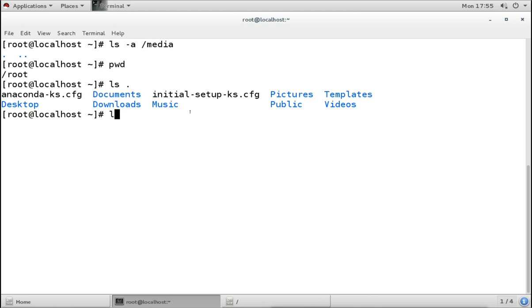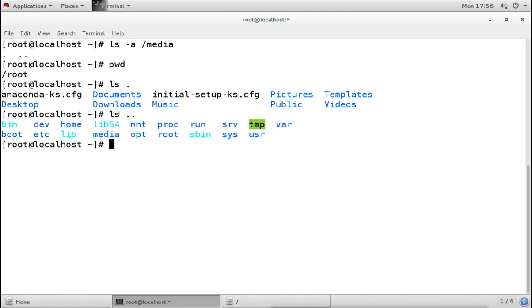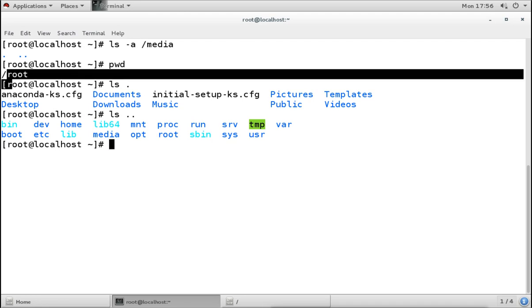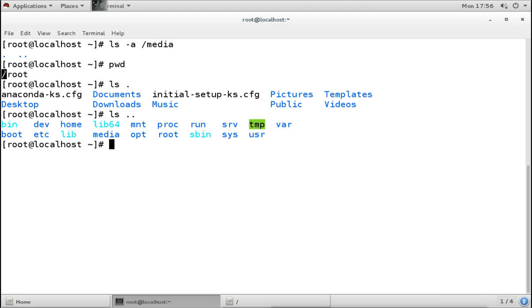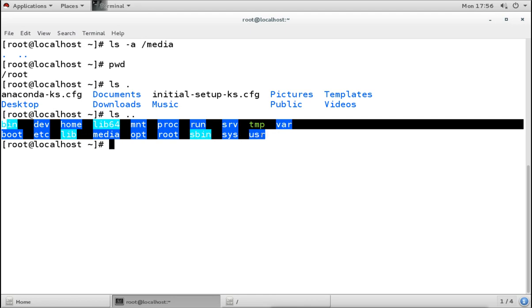And if I say ls double dot, the double dot means the previous directory. So when I give this command, it lists the previous directory. We are right now under root, so the present directory is /root and the previous directory is /. So it is listing the / here, and under the / we have all the system directories.